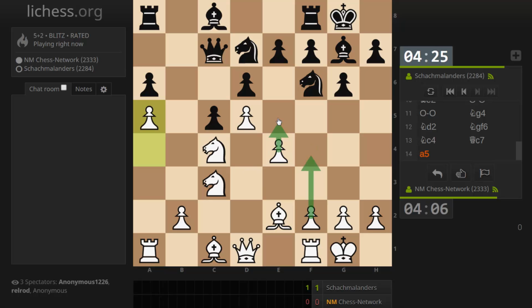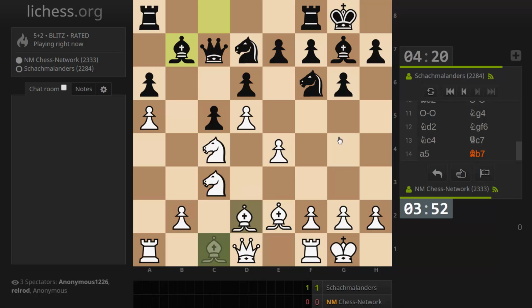Do I really want to go for this type of break? Maybe. This might be a pretty good way forward. f4, bishop f3, rook e1, pawn push. Are they lining up e6? Maybe I just play within the structure. And by that, I mean